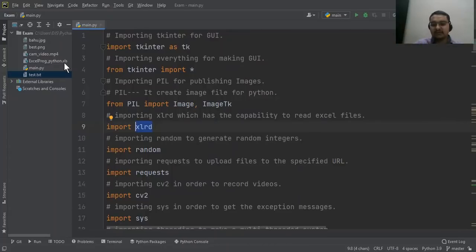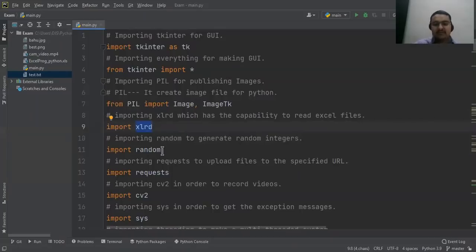Then you get the luxury to do it in multiple ways, whether it is a JSON file or a CSV file, or any type of Excel file with any extension possible. So whether it is a .xls or a .xlsx, you might go for the same. For this project, I have just selected a .xls file.